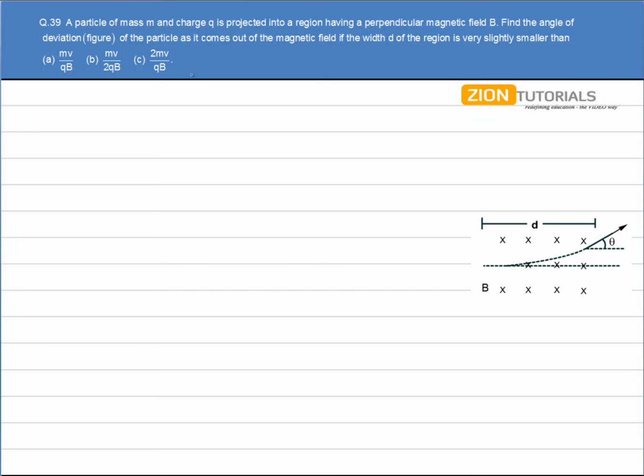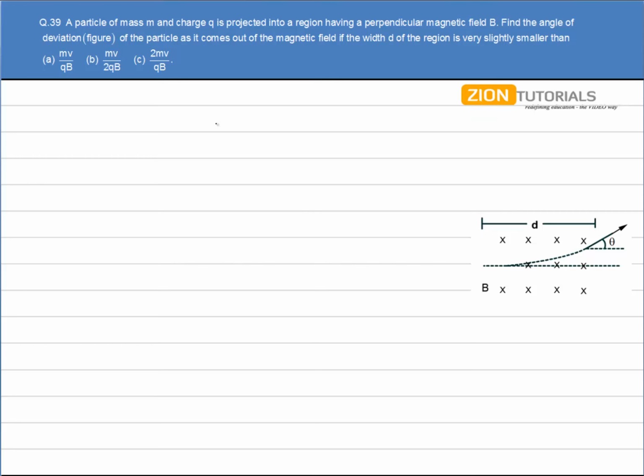A particle of mass m and charge q is projected into a region having perpendicular magnetic field B. Find the angle of deviation, as shown in the figure, of the particle as it comes out of the magnetic field if the width d of the region varies, as in parts A, B, C. Now first of all, let me tell you that if a particle is projected with a velocity v in